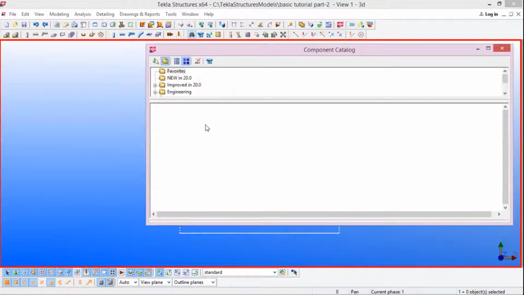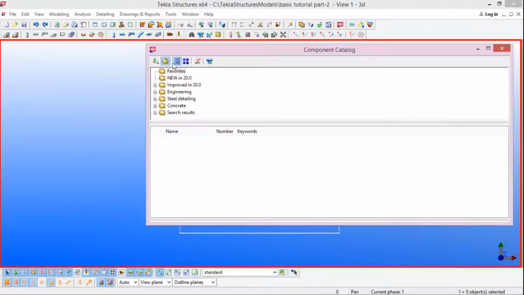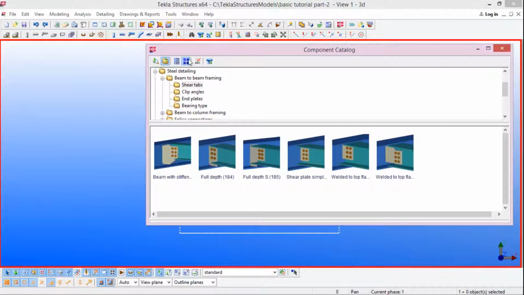If you go here, you can see so many options for detailing, beam to beam framing. If you go here, you can get a view of what that connection is. Here are the beam to beam connections, different types of connections, and we can use them as per our requirement. When we start modeling, we will learn more about each catalog, each component connection